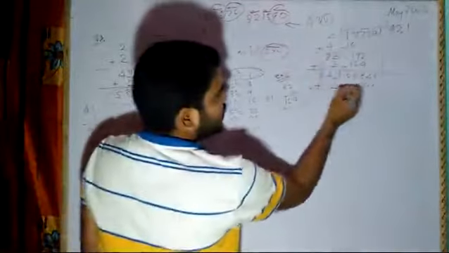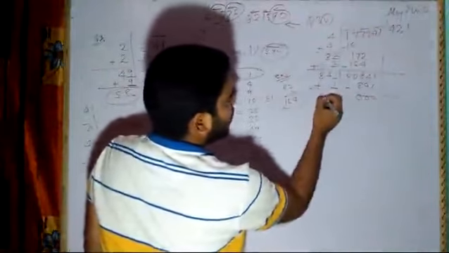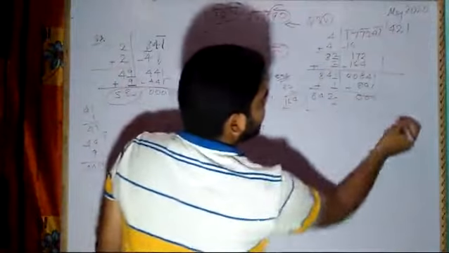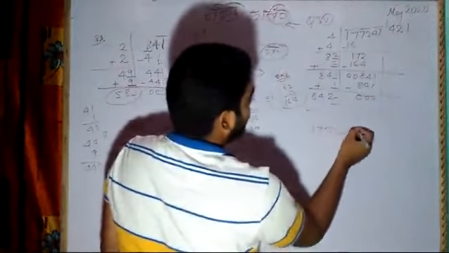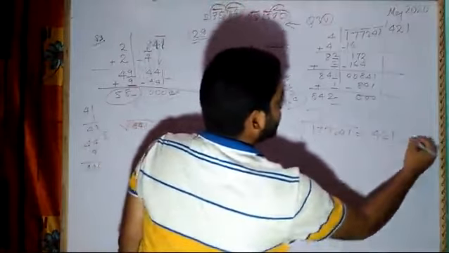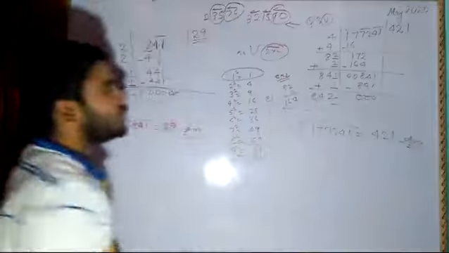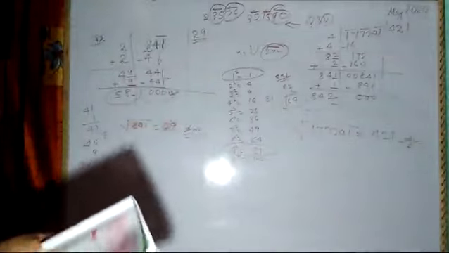Then what is your task? Plus minus. Here 0 0 0. Here if you want to add, you can add, or else leave it, no need. So here your answer will be root of 177241 is equal to 421. This will be your answer. In this way you are going to solve the other remaining sums of question number 3. I hope there will not be any problem.